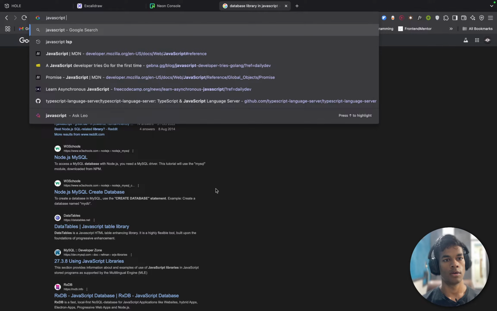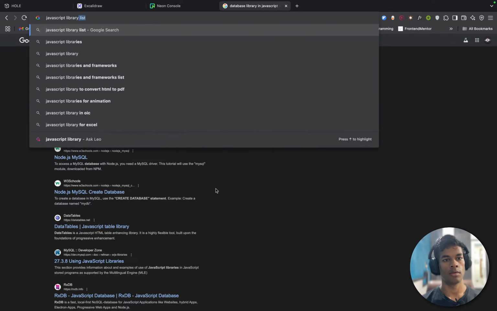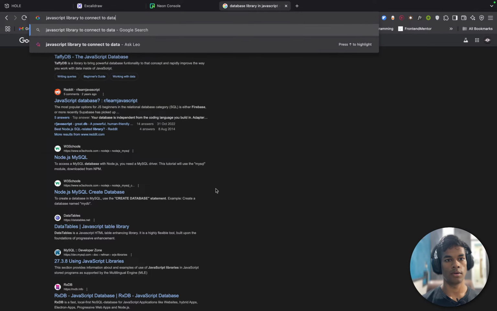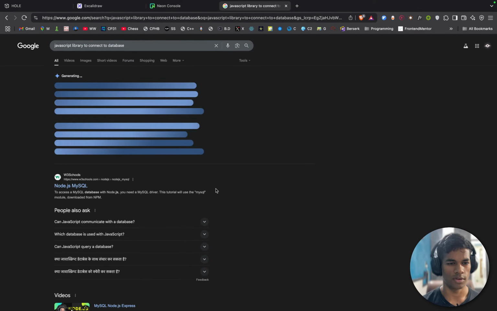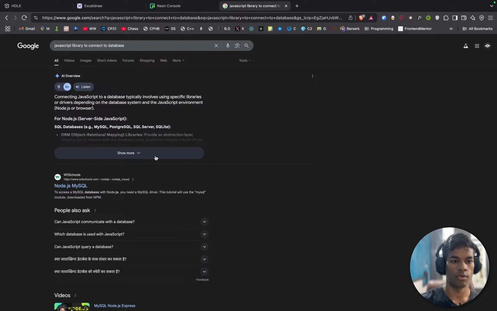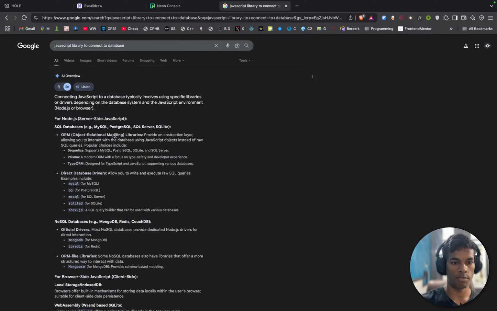JavaScript library to connect to a database. ORM, object relational mapping. Yes, Node.js ORM libraries. Prisma. Yes, Prisma was the one I was thinking about.